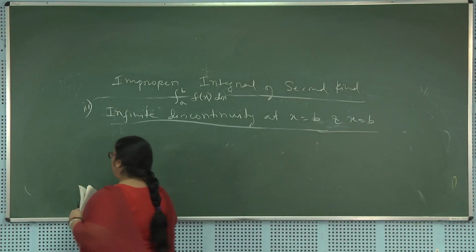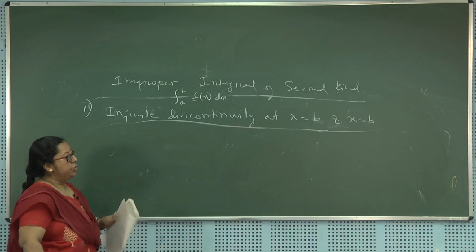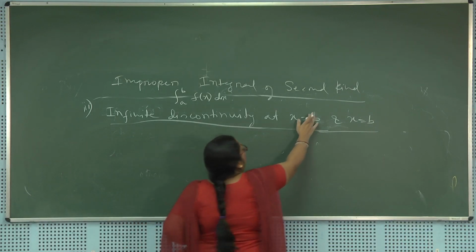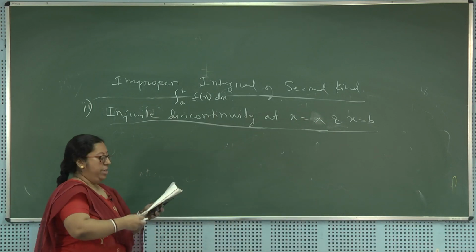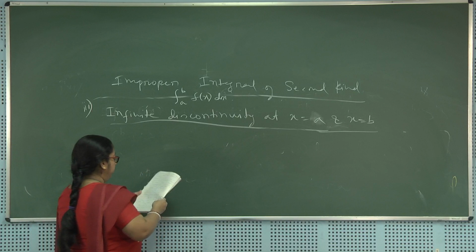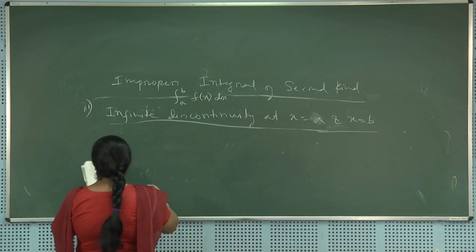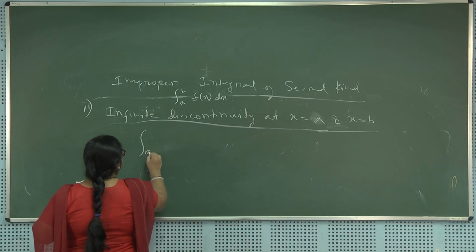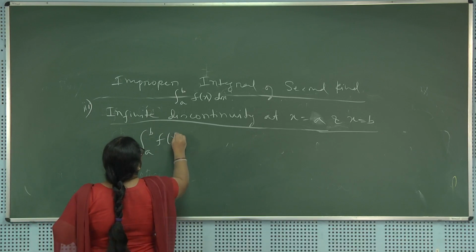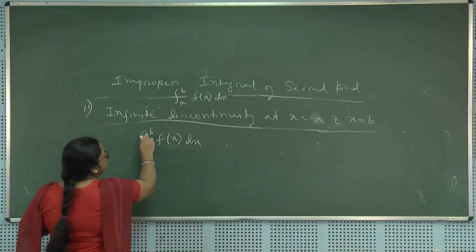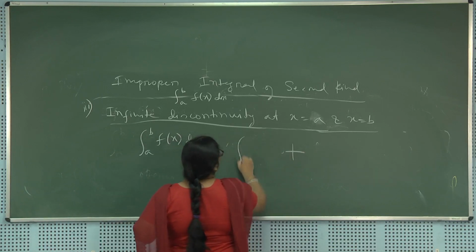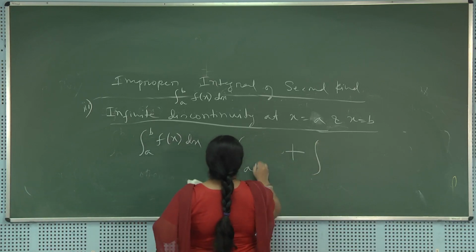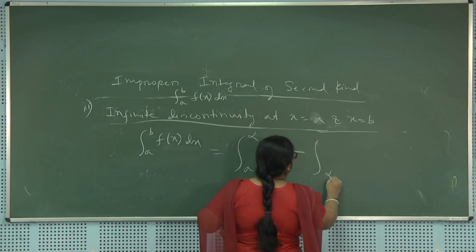That means if you substitute x equal to a and x equal to b, then our function or integrand f x becomes unbounded. So, here what we will do, we will write integral a to b f x dx. Here at both the limits function becomes unbounded. So, we will separate it into two integrals, say a to alpha and alpha to b